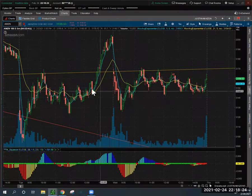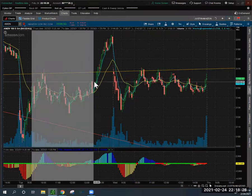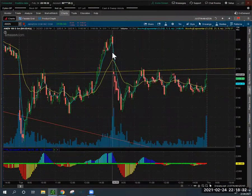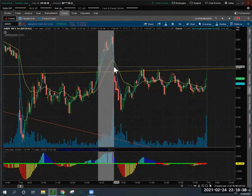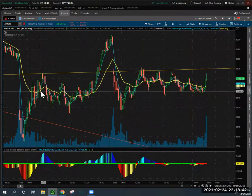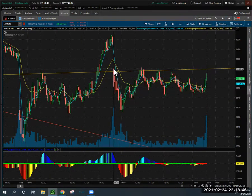We had a nice resting day, very similar range to where we were midday yesterday. Really the same range, middle area here. If you break up the day into thirds, we had the low portion of the day here, and then the high portion of the day up here. And then midday was spent all in the middle range. Today we spent the entire day in the middle range, but really still from the high up here